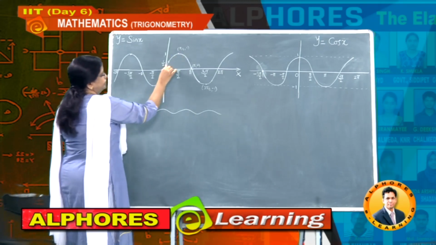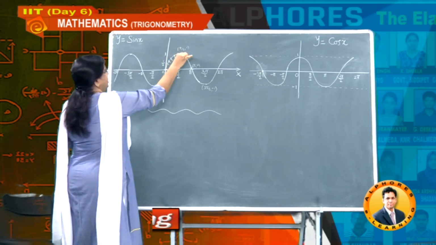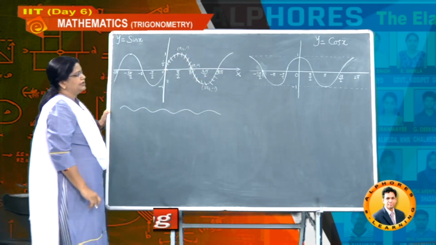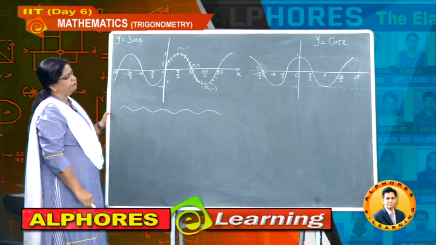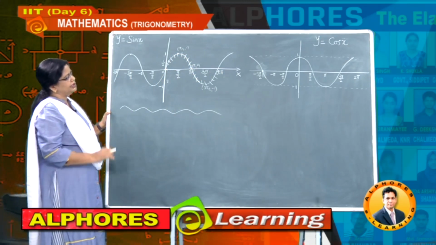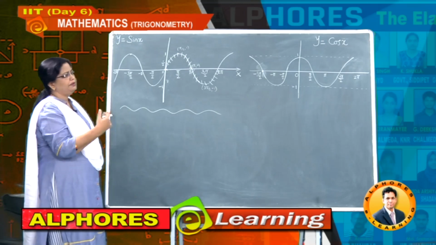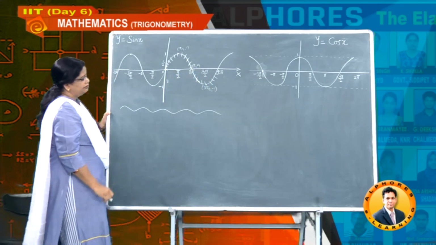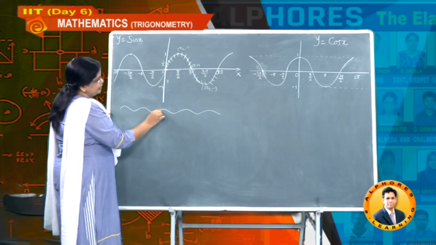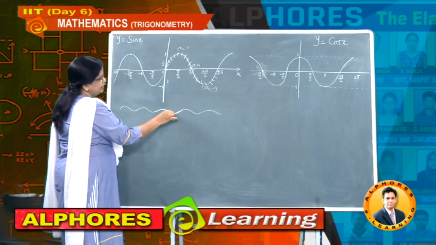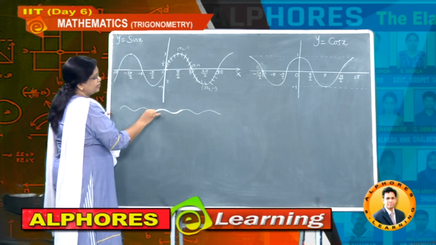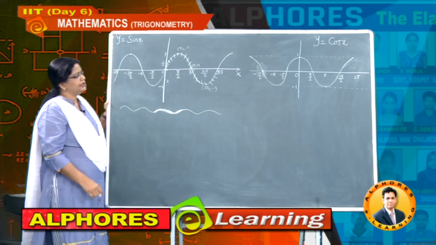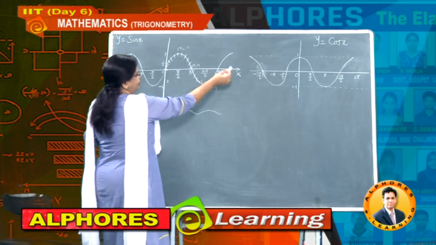I can take from this part up to this part. What is this part up to here? This is one complete part I have taken. And you can observe that the same shape is repeating again and again. Understand students, observe here from 0 to 2 pi, whatever the shape of the curve, it is coming in this way. So as it is coming like this, the same shape follows again up to here. If you take again the same shape, it is coming in this way.